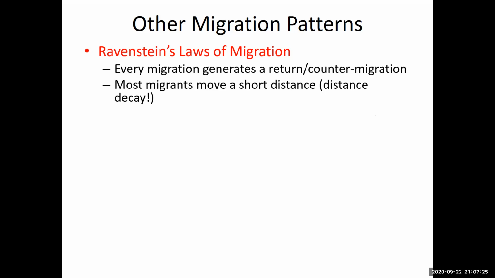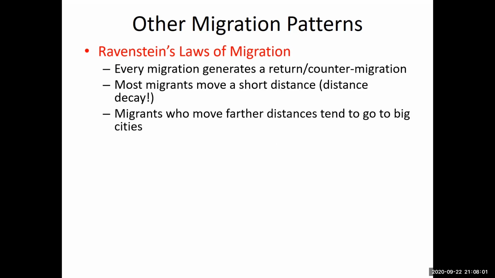We've already kind of talked about this, but most migrants are going to move a short distance for all those challenging reasons that are involved when you move a long distance. Even if you were to move from Chicago to another big city around the world, like let's say Hong Kong, that's still going to provide you with lots of challenges. You may not speak the language there. They do speak English, but you may not have connections. You may not be familiar with how public transit works or signing up for residence or getting a job. Everything's different, right? Or a lot of things would be different. So a lot of migrants choose to move short distances, and this is emblematic of a term from Unit 1,